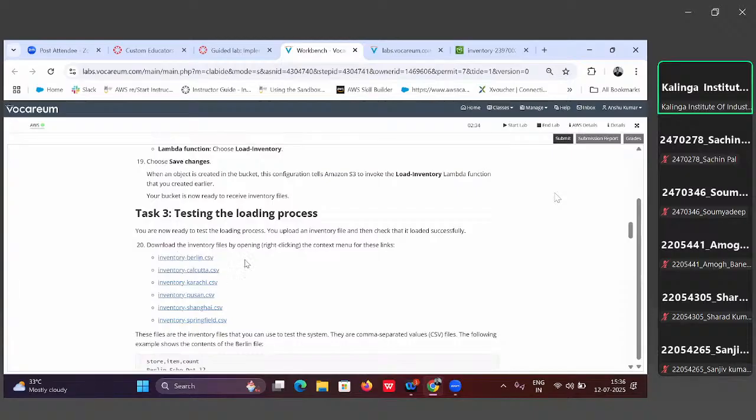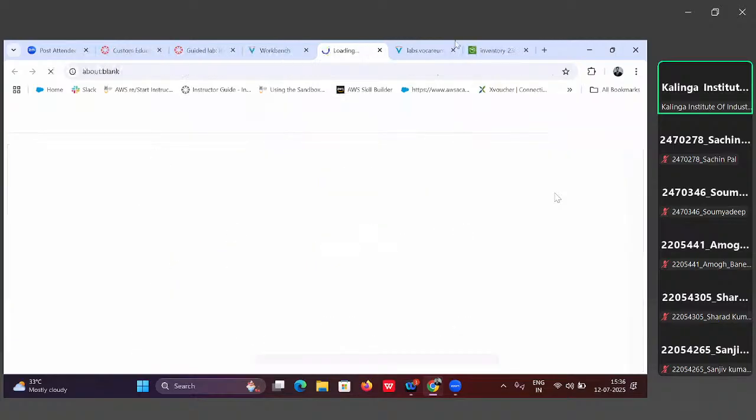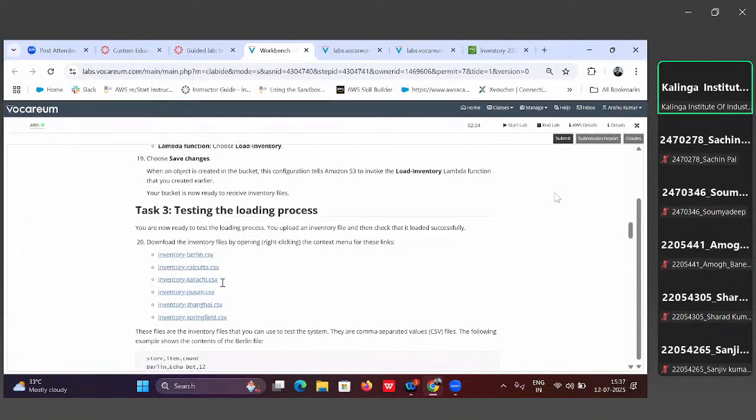Okay, download the inventory file by right clicking the context menu for this link। इसको राइट क्लिक करने से वो ऑटोमेटिक सब ये ओपन हो जा रहा है। ठीक है, इसको रहने दो।